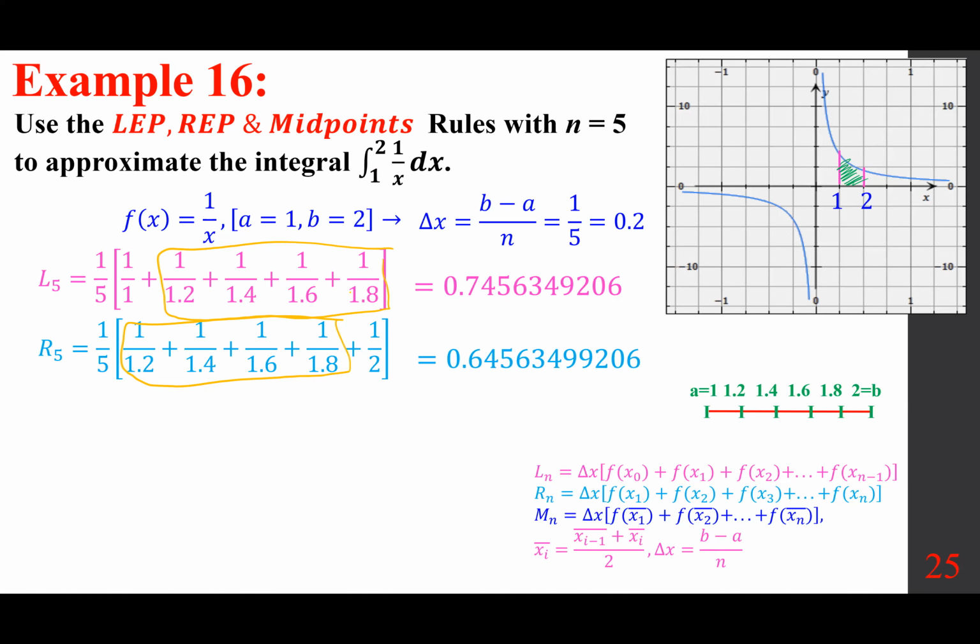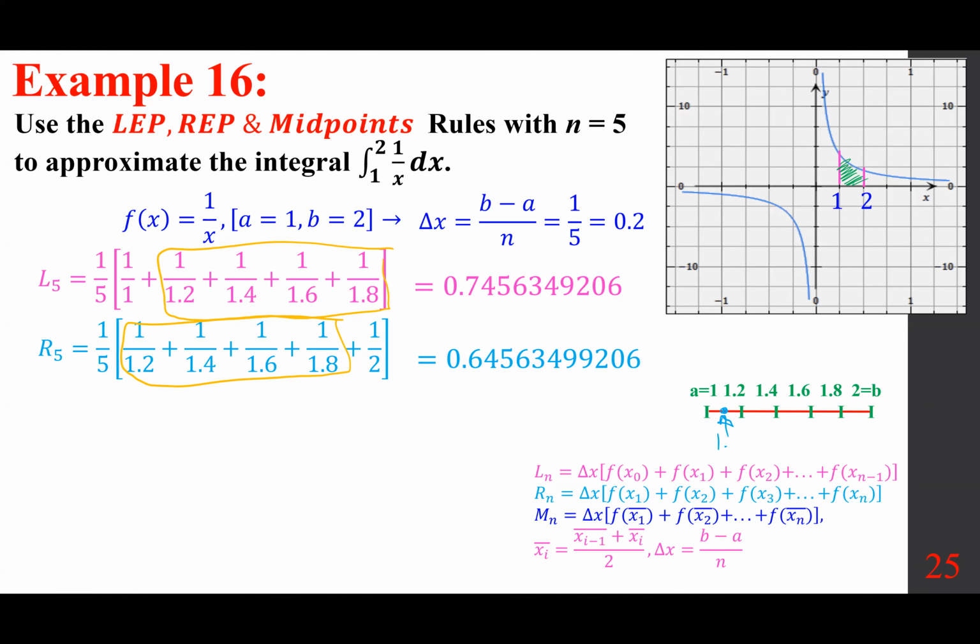Now, what about the midpoints? And pay attention to this. What does this say? The midpoint says f of x sub i bar. That means in between. Are you with me? So all you have to do, calculate just one of them. That means add this to this, divide by 2, and this becomes 1.1. Take a look. Let me grab a different color here. This point is in between,